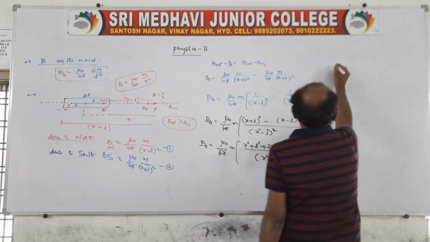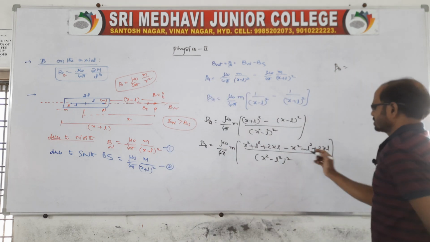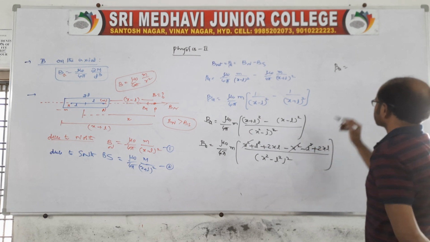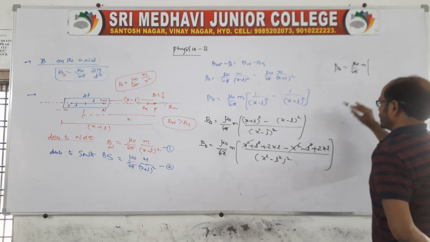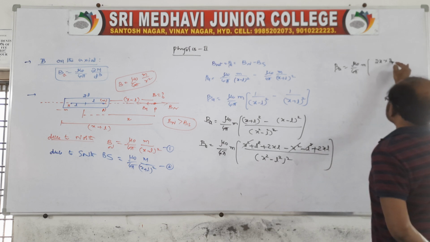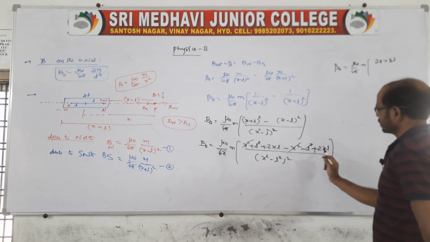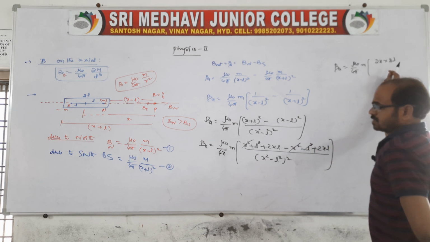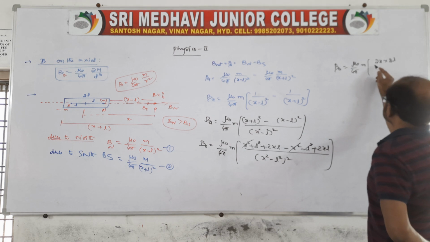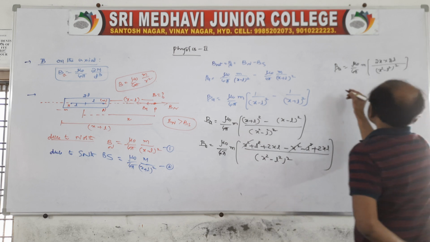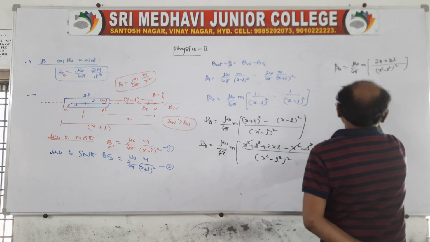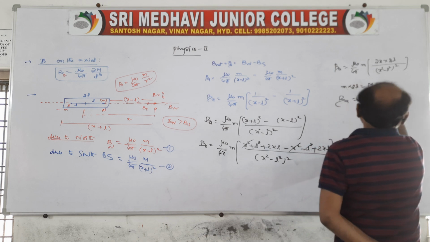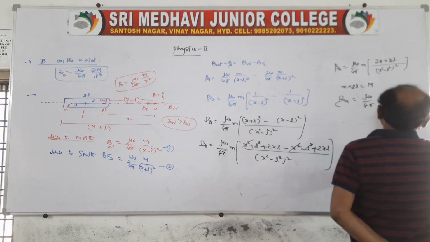Now on the axial point, BA is equal to, simple calculation, similar terms are cancelled, therefore mu naught by 4 pi into small m into, here it is 2xL plus 2xL, so we get 4xL. Instead of writing 4xL, you write 2x into 2L, by x square minus L square whole square. Small m into 2L is nothing but the magnetic dipole moment, capital M. So B axial is equal to mu naught by 4 pi into 2x into capital M by x square minus L square whole square.